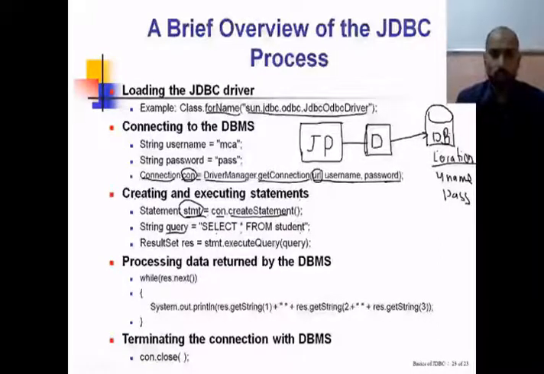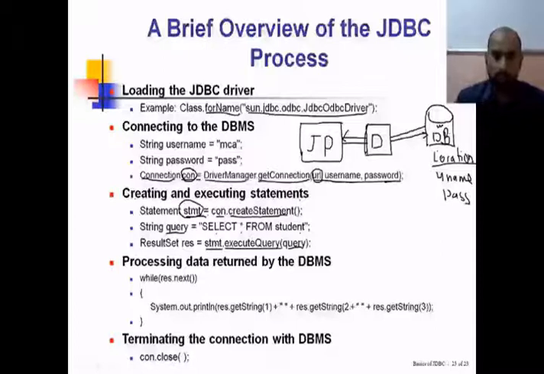Now how do we execute this query on the backend database? It can be executed like this. You can see here there is a method called executeQuery, and this method belongs to the statement object which we have created. So stmt.executeQuery, and to this method we are passing our query, select * from student. What does this executeQuery method do? It executes the query on the backend database and the result is returned back to the Java application.